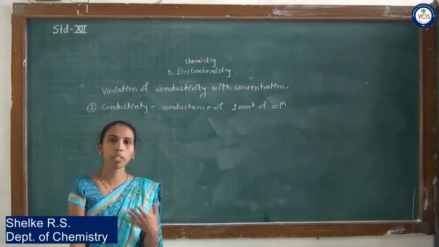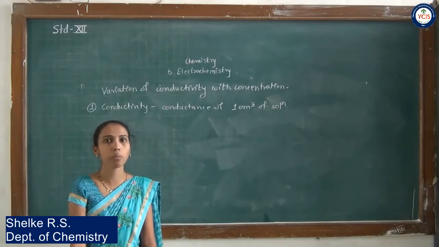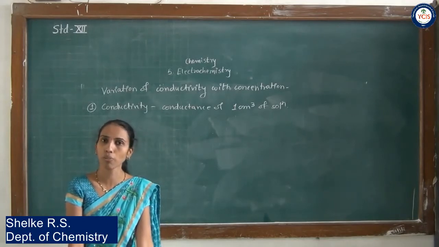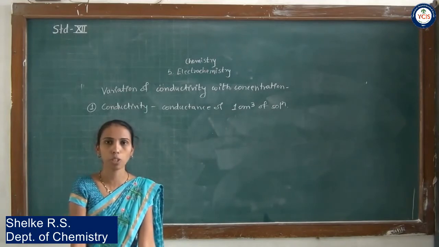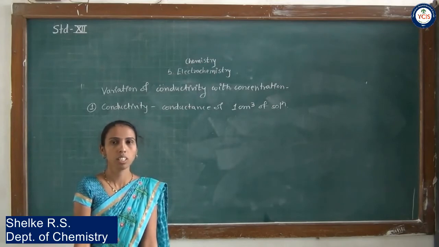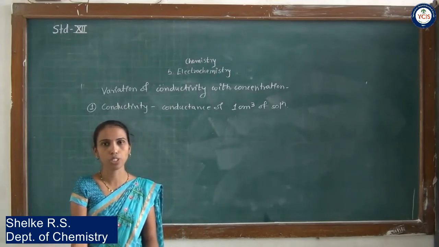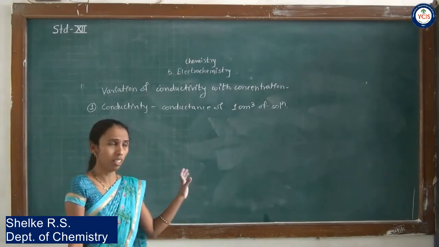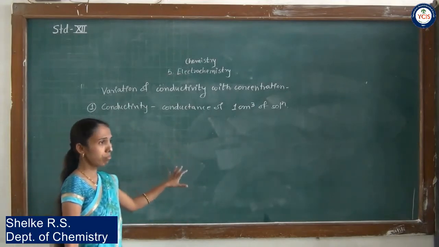ओके. ज्या प्रमाणात तुम्ही डायल्युशन करताय त्या प्रमाणामध्ये नंबर ऑफ आयन्स इन्क्रीज होत नाही. Means the increasing amount of number of ions is not in the proportion of dilution, and that is why the conductivity of the solution, as you are increasing the dilution, the conductivity will decrease. Okay. I will tell using the diagram.